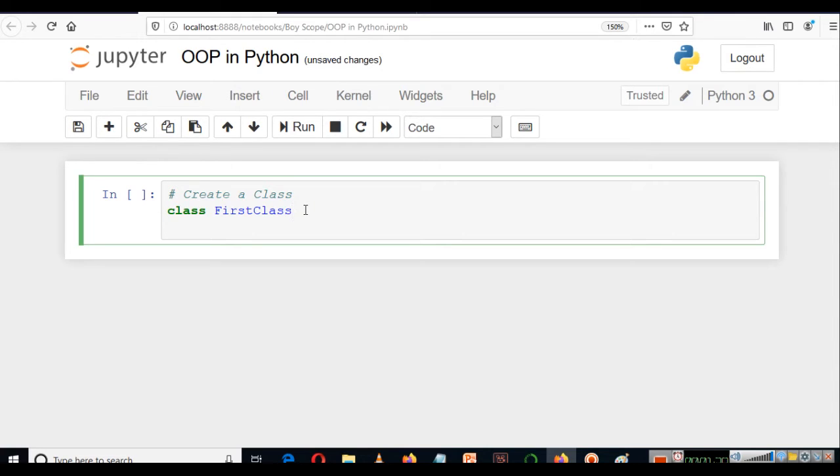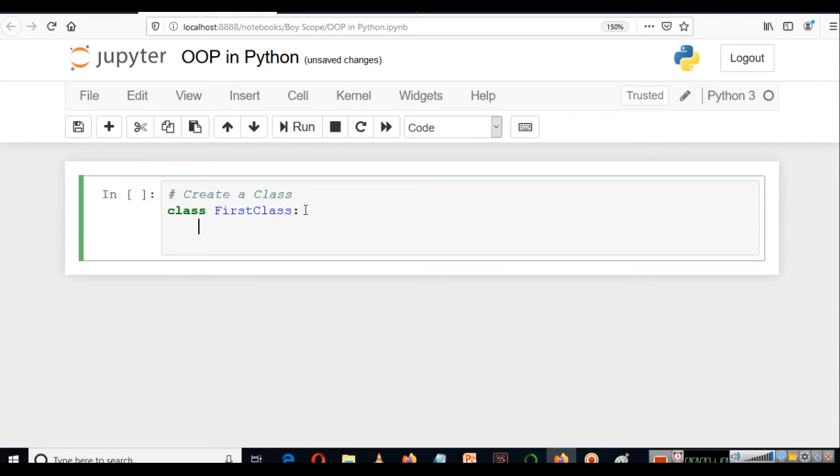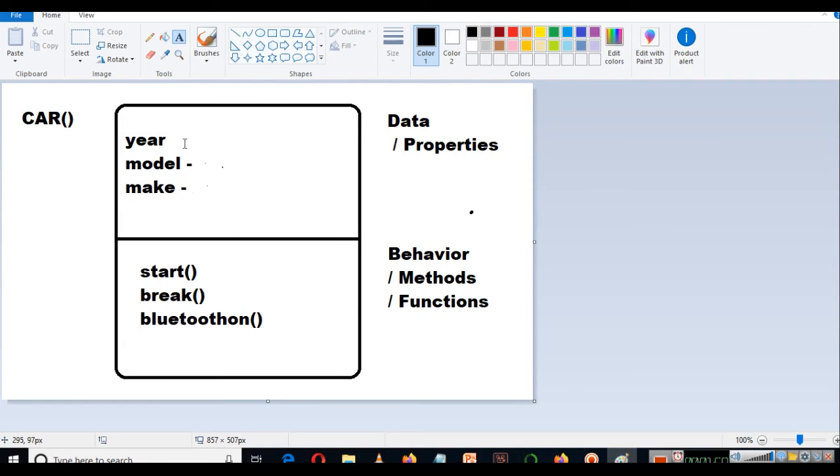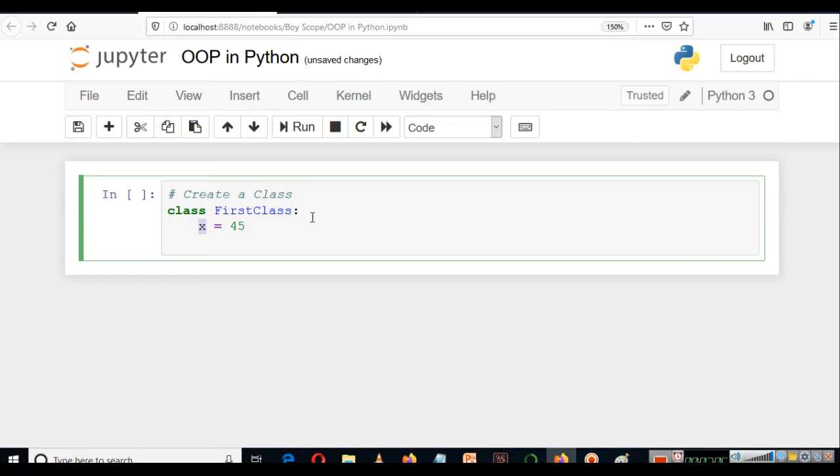After writing the name of your class, hit enter and an indent will be created for you. And let's say x is equal to 45. Now here x is the property of this class, because it's like a variable that we are creating inside a class. It's like this upper half where we provided something like year, model and make.